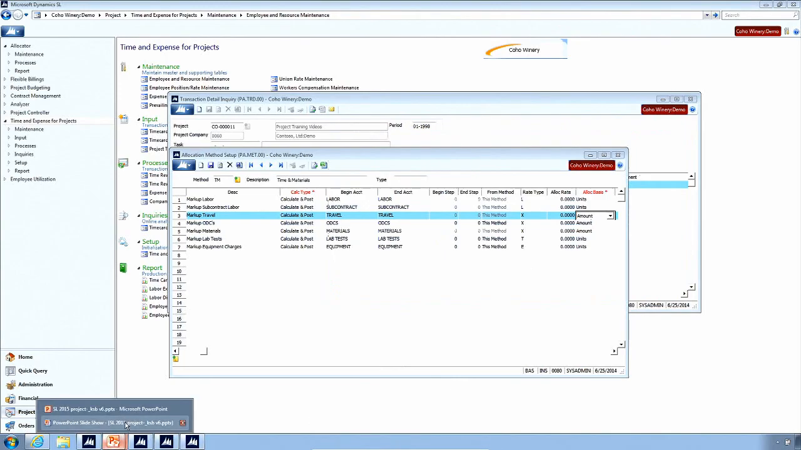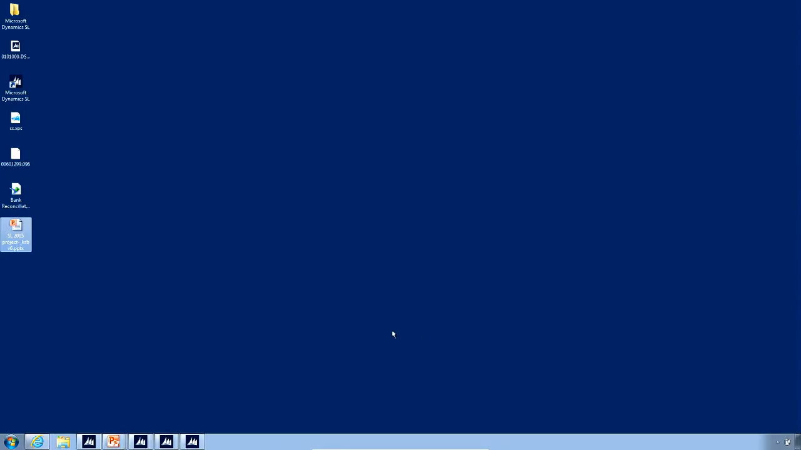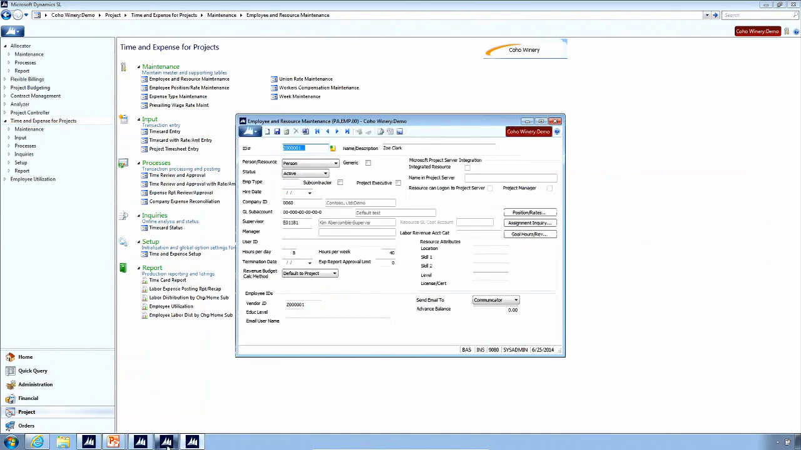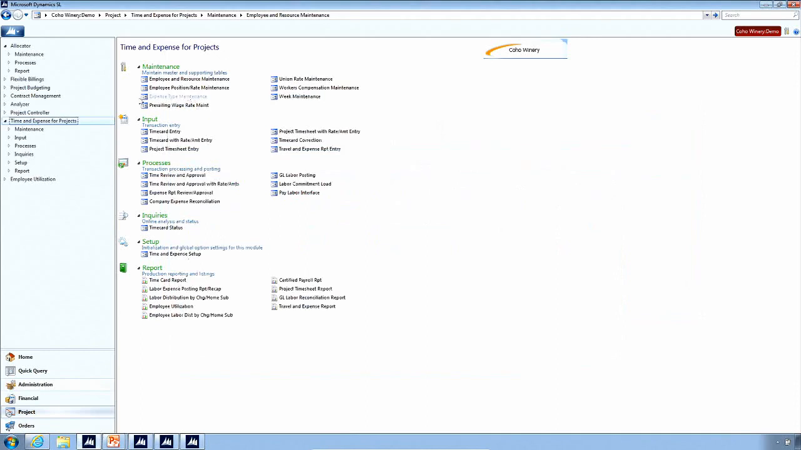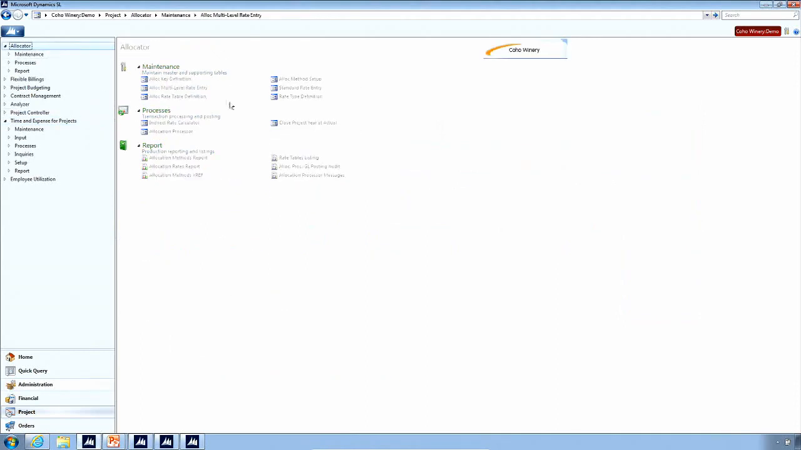So let's look and see where we are as far as setup goes. We've discussed what the rate type definition is. We've also reviewed allocation method setup quite a bit. We've also entered multi-level rate entry. So let's talk about allocation rate table. An allocation rate table is fairly straightforward in that when you do multi-level rate entry here,